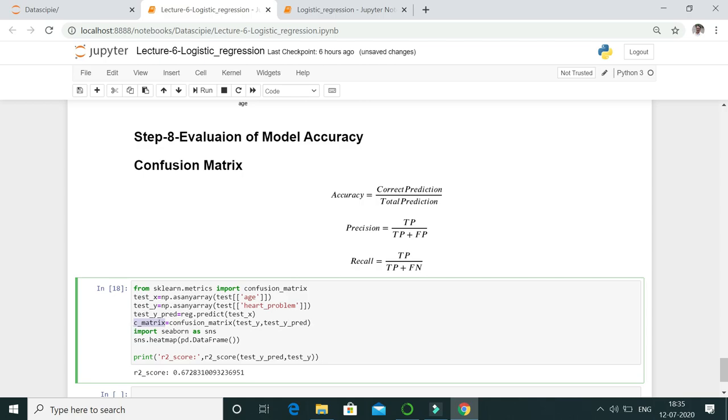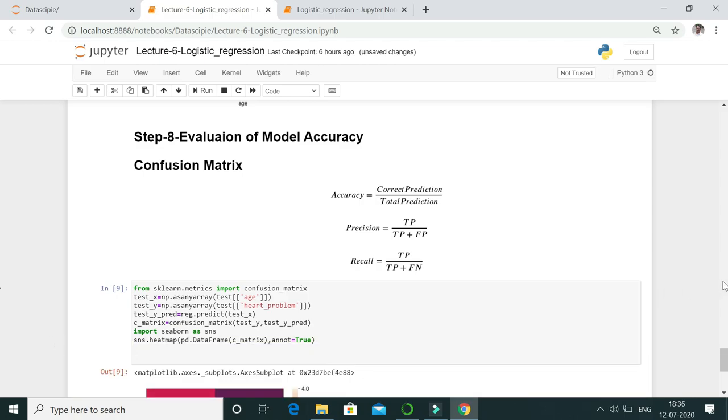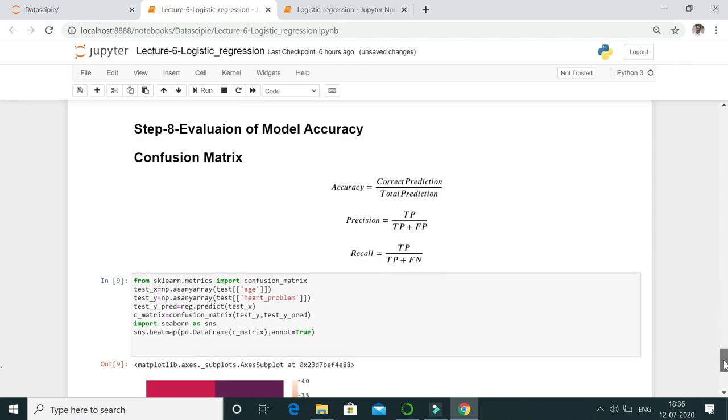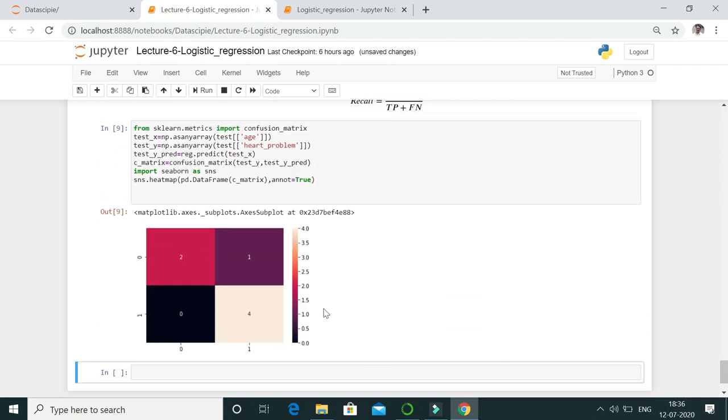Copy it, paste it over here, and we have to annotate it. For that, annot equals True. When we execute it, we get this heatmap.